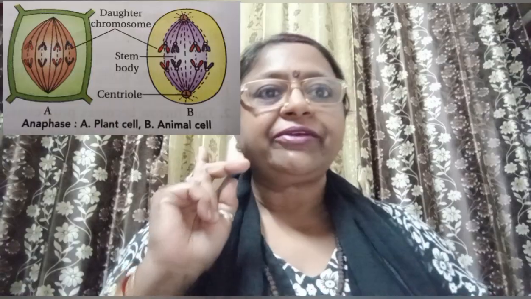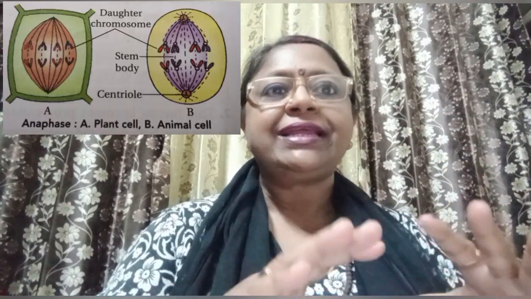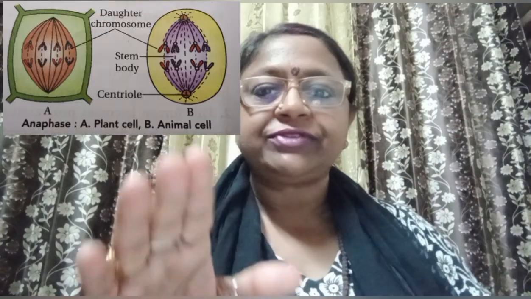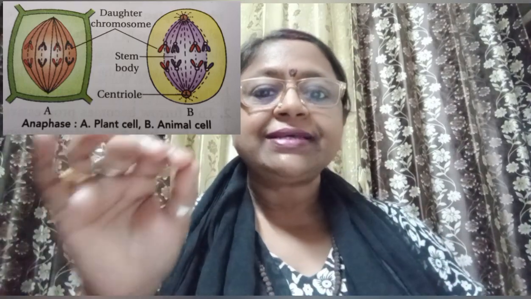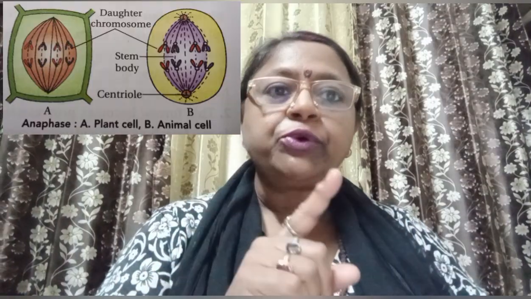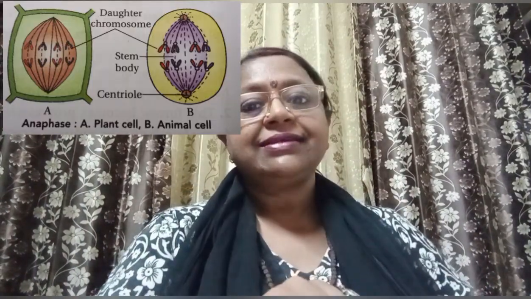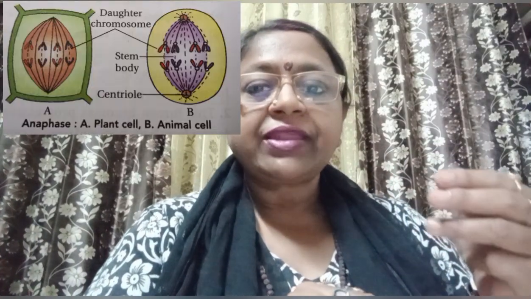You must be seeing the diagram. Just see the diagram, and whatever I'm explaining, try to coordinate both of them. But here there is no need of drawing the diagram. The last point is spindle fibers are attached to kinetochore to shorten in length. These are the 4 points. When you have a 3 marks question, try to give at least 4 points so that if something is wrong, you still get 3 out of 3. Okay, this is the first question.